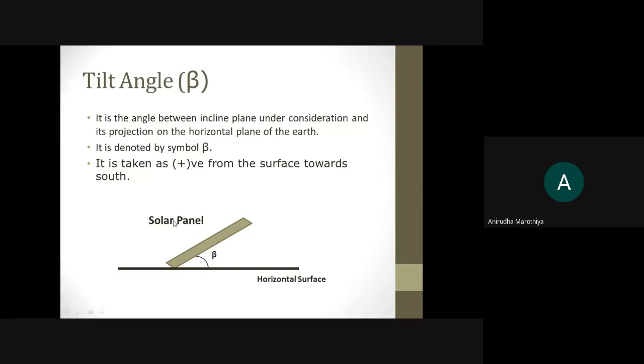ऐसा जरूरी नहीं है कि आपने हमेशा उसको फिक्स माउंटिंग ही करना है. It may be possible, and you can say it totally depends upon your requirement. You may have tracking mechanism implementation, like single axis tracking mechanism or double axis tracking mechanism, but it is a little bit costly. तो अगर मान लो आपके पास में photovoltaic system है, rooftop solar photovoltaic system, and if you are interested to mount that PV panel on your roof, then in that case we need to go for your fixed adjustment mode. That means हम लोग एक structure decide करेंगे, एक frame decide करेंगे, और वो frame का angle with respect to your horizontal plane कितना रहेगा, that angle is nothing but your tilt angle.